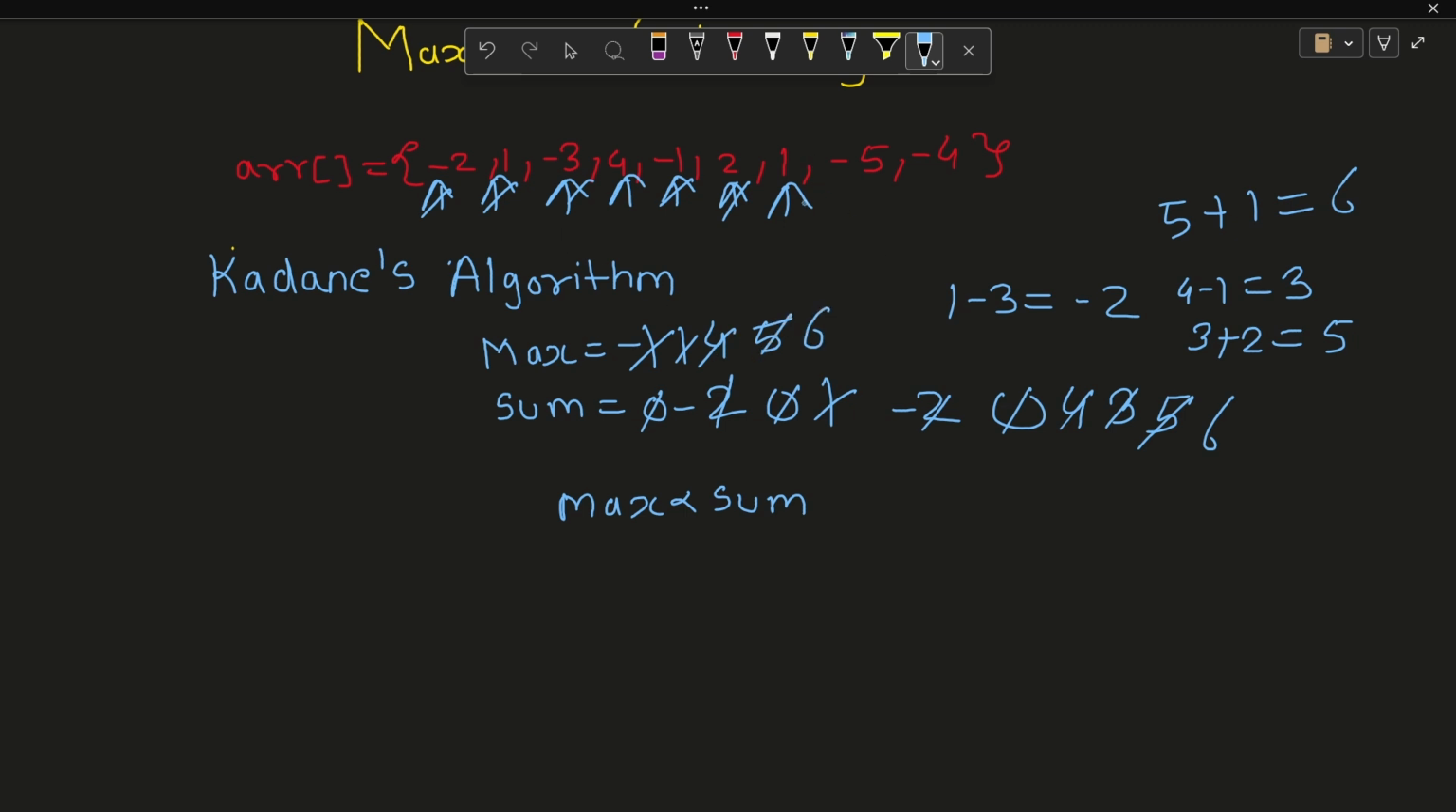And then again we will move forward, which is minus 5. So 6 minus 5 is 1, and we'll store the 1 in the sum. And now in this case, the 6 is not less than the 1, so we will not store 1 in the max. Okay, and then we have 1, and then 1 minus 4 is equal to minus 3, and we'll